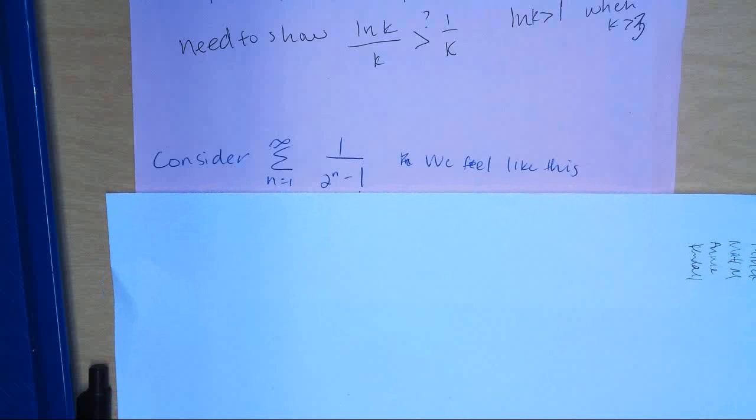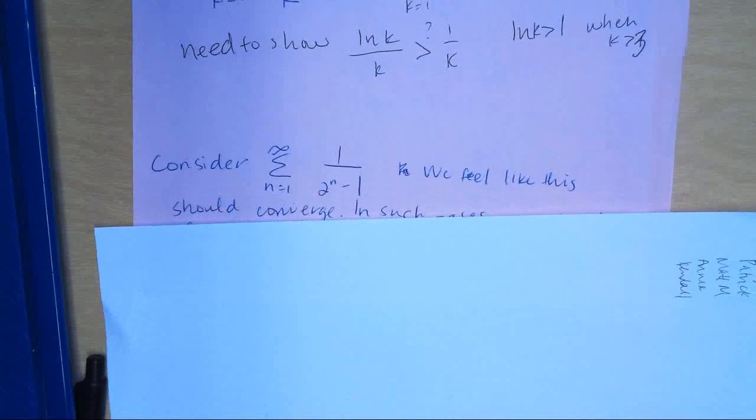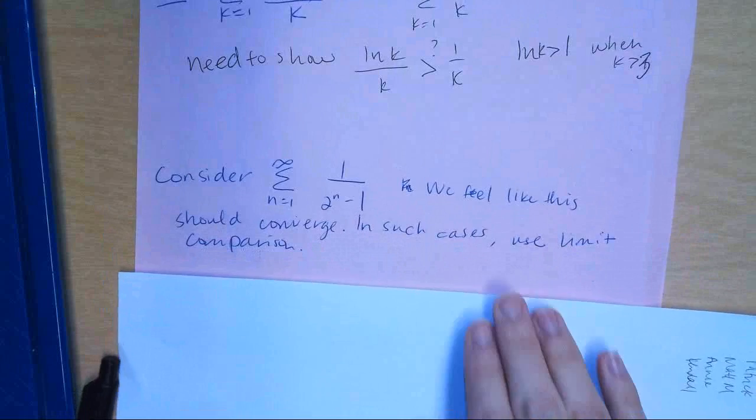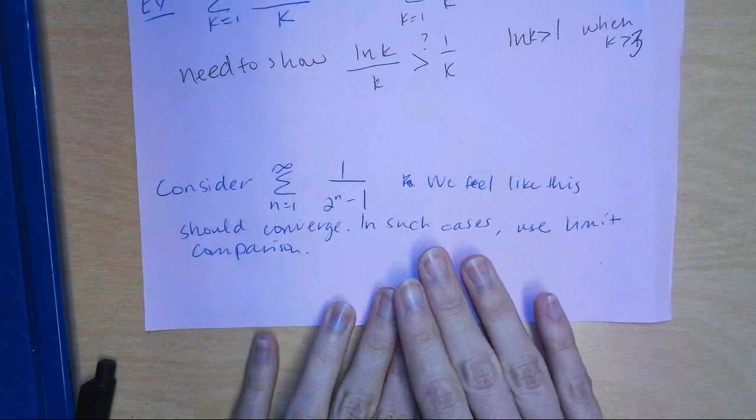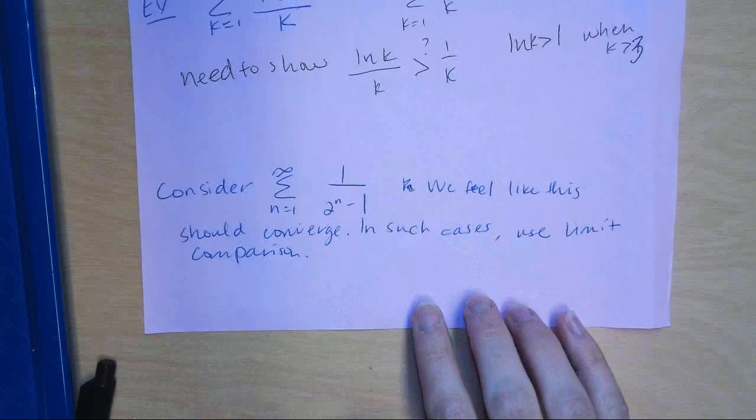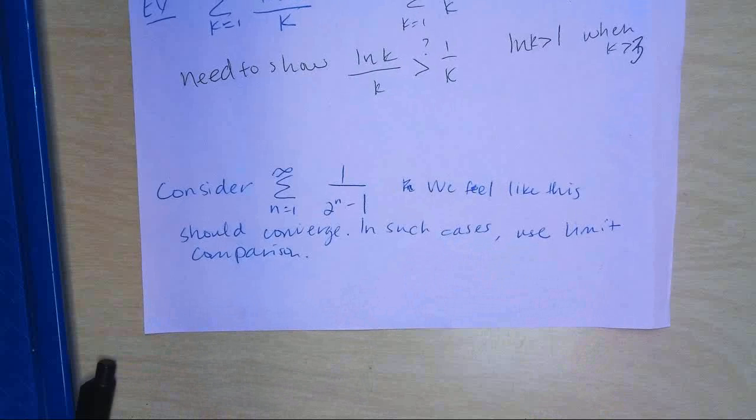Okay, this one makes you think of a geometric series, right? In fact, the geometric series 1 over 2 to the n, which we just talked about, was convergent. However, these were my notes, so sometimes it's not very clear what I was going to say by reading it. Yeah, it's minus 1. So it's going to be bigger. Do you see that? Okay, so even though we feel like it's really close to 1 over 2 to the n, and 1 over 2 to the n converges, but it's just a little bit bigger,